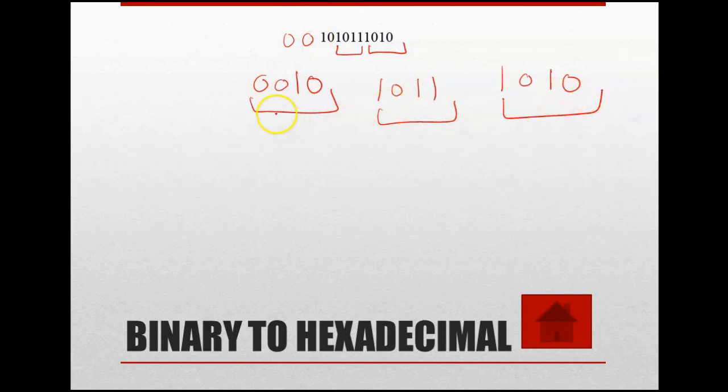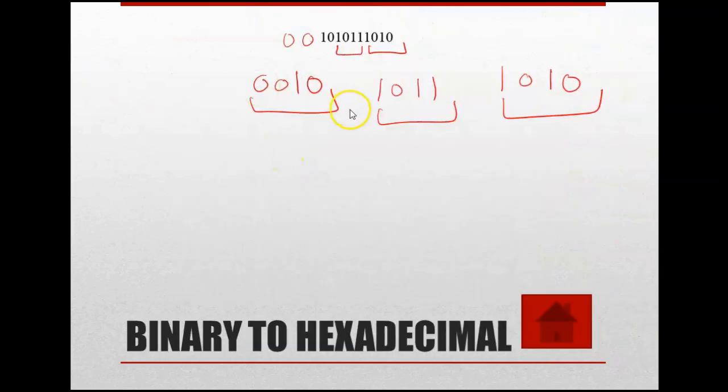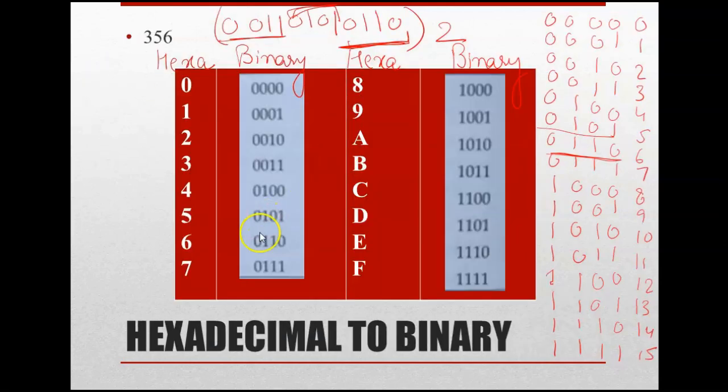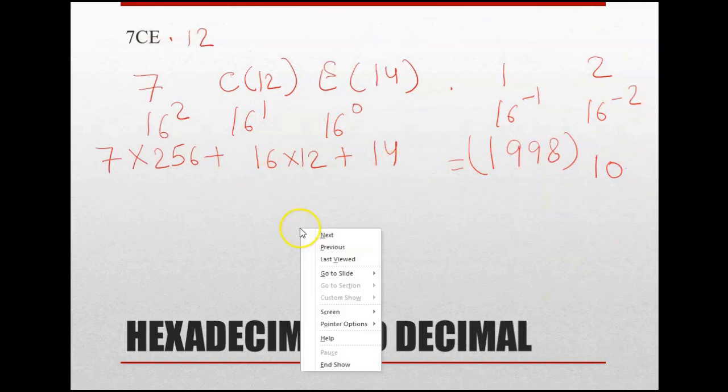And now you can check the values. You can check it in the table itself. Now 0, 0, 1, 0 is 2, right? So here you can write 2 and then 1, 0, 1, 1. Yeah, 1, 0, 1, 1 is B. So 2B, let me write it down here.